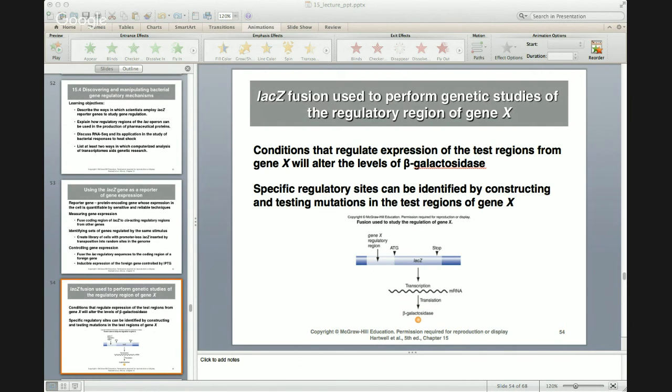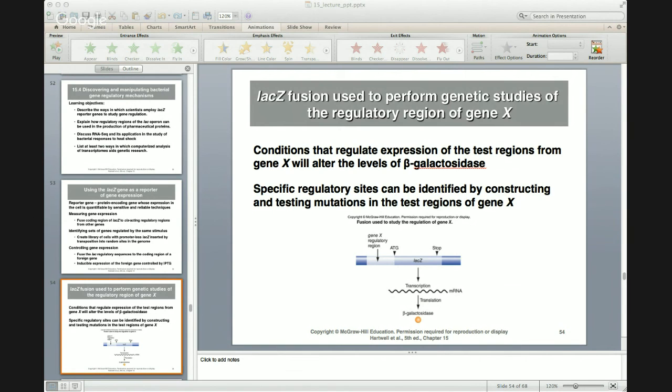You could do that by creating what is known as a lacZ fusion. You could take the regulatory sequences of the gene that you're interested in and place it upstream of the lacZ, because we know what the product of lacZ is. We know lacZ produces beta-galactosidase, and we know the outcome of that. Beta-galactosidase breaks down lactose into glucose and galactose, or you could measure the presence of beta-galactosidase by doing the blue-white screening. If you recall, when you did